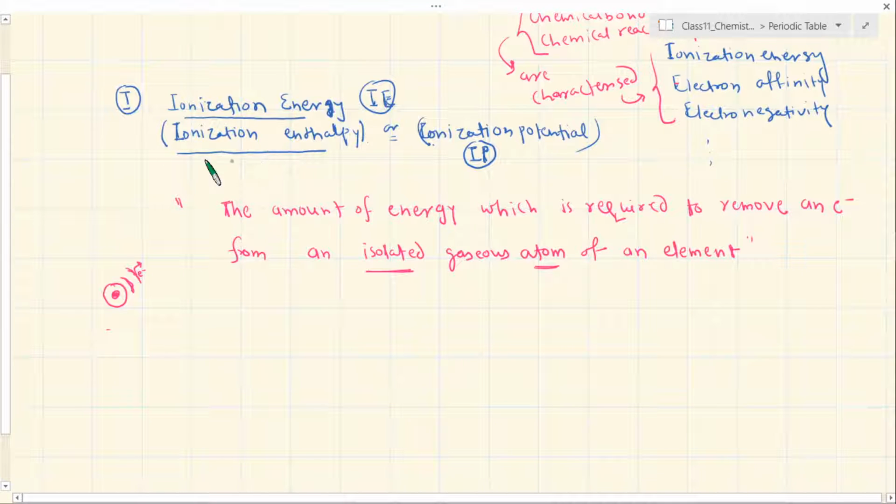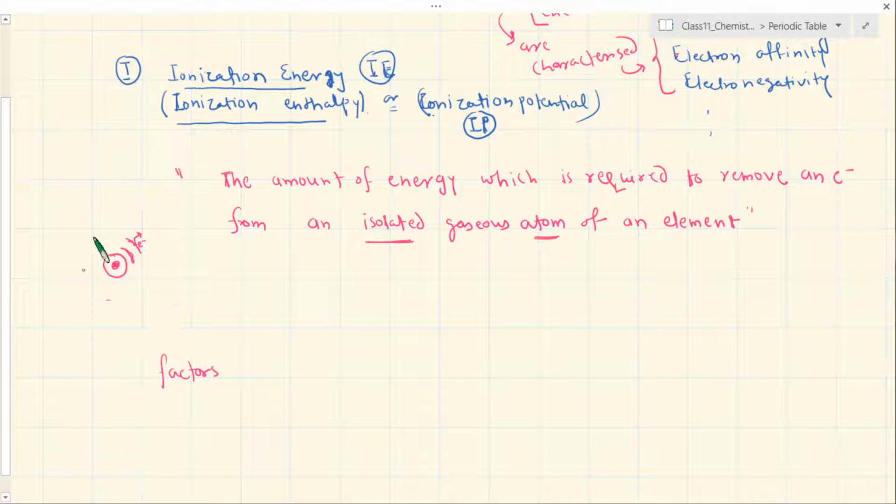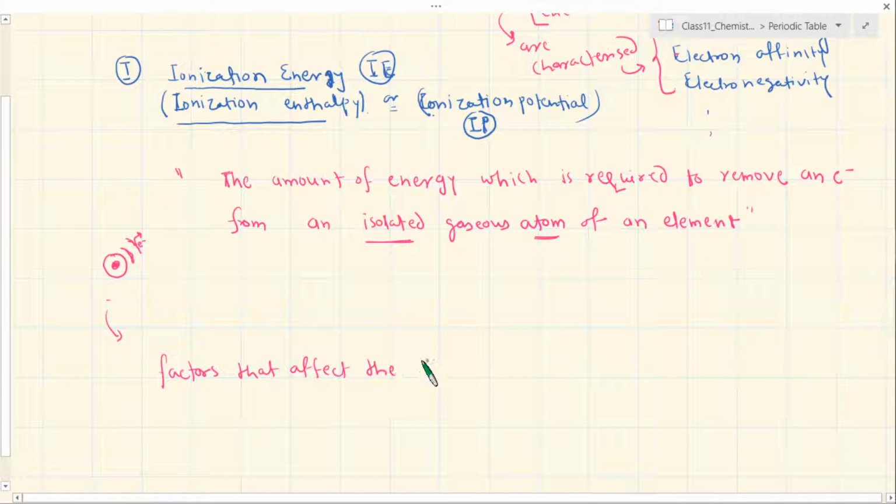So it is very important that we look at these and try to understand what are the structural factors of an atom that will determine the value of ionization energy for that particular atom. There are factors which really influence the ionization energy of an atom, and we need to look at that. Definition wise, it is as simple as that. So here today we will explore the factors, basically the structural factors of an atom, that affect the ionization energy for an atom or for an element.